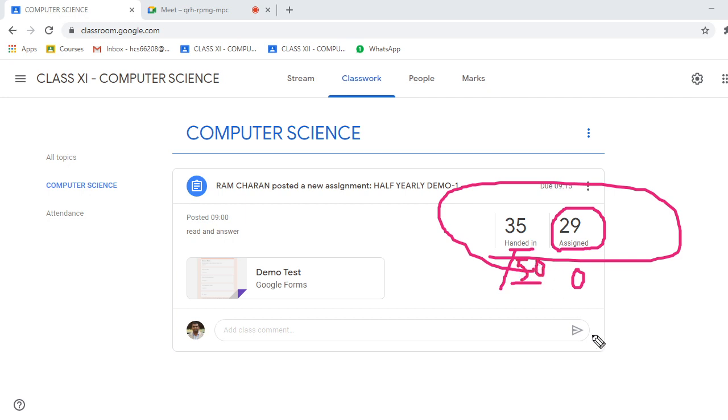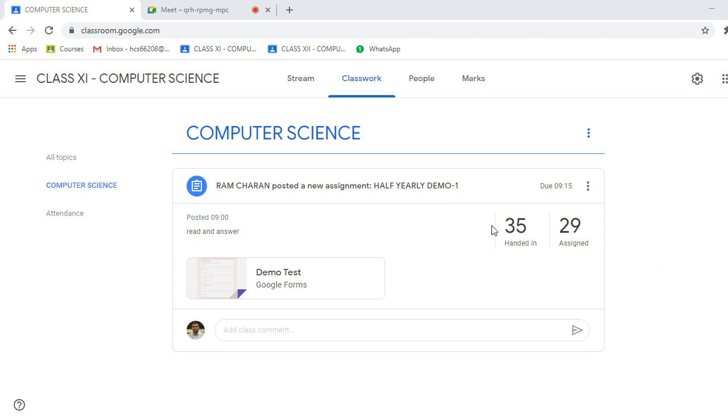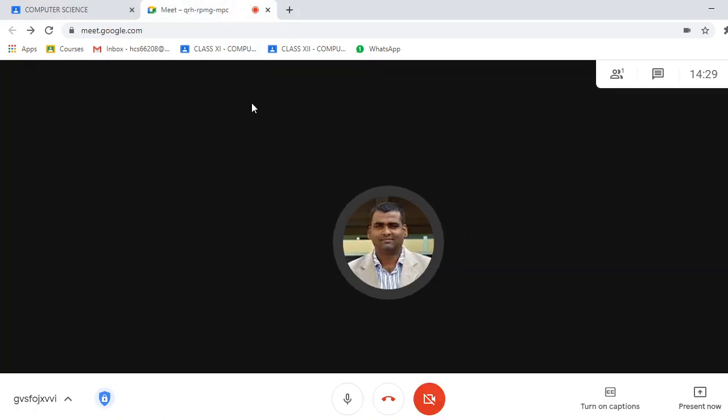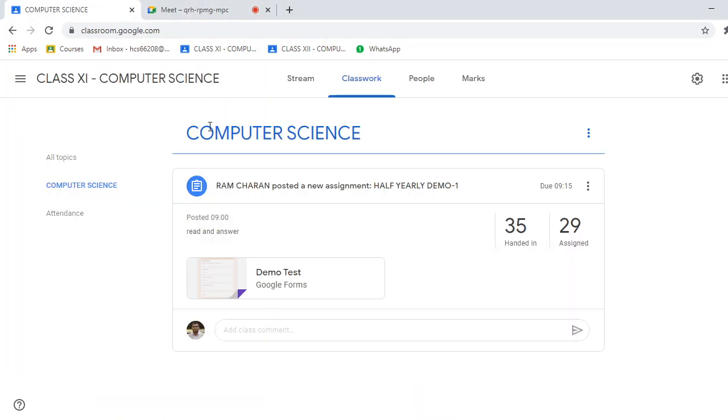Right. So you can find out here during the test time how many students are appearing and how many are not submitting, and you are already live in the class, so you can communicate with the students to hurry up and write fast, and to have a proper login. You ask all the students to have a proper login with their email ID given by their school, right? So that way you can find it out.